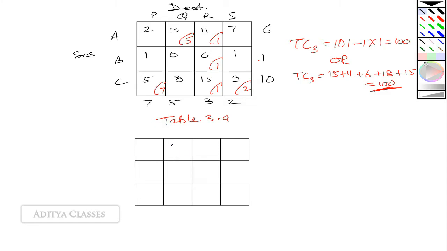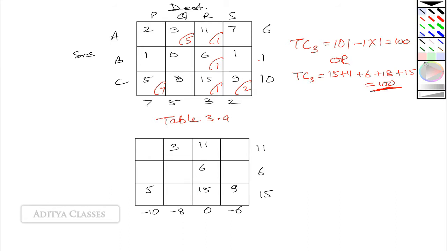How do we go about this B table? Transfer the costs of assigned cells 3, 11, 6, 15, 9 and 5. This time let us take 0 over here. So this becomes 11, 6 and 15. 9 minus 15 would be a minus 6. 5 minus 15 would give me a minus 10. 3 minus 11 would give me a minus 8. Okay.